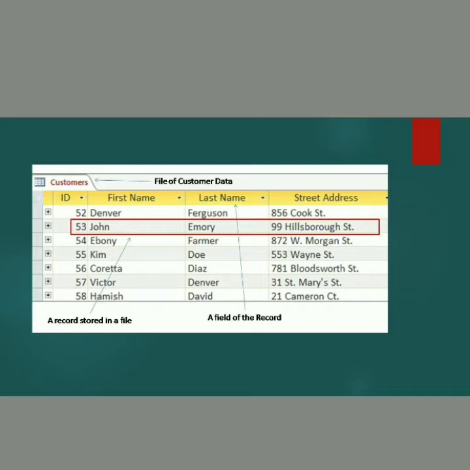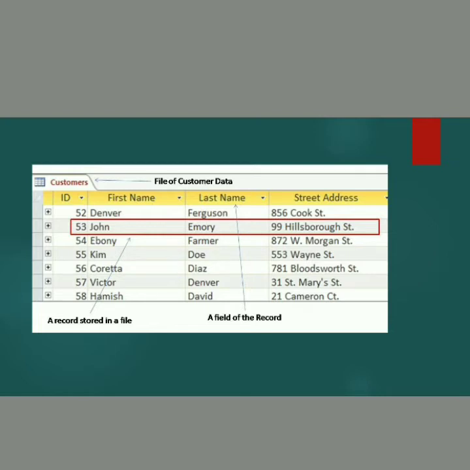In this diagram, we see the customer ID, first name, last name, and street address. So here the customer ID is a single field, first name is a single field, last name is a single field, and street address is a single field. One row shows one record. For example, here 53, first name John, last name Emery, street address Hillsburg Stations.